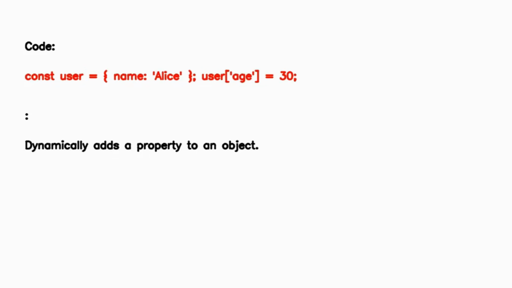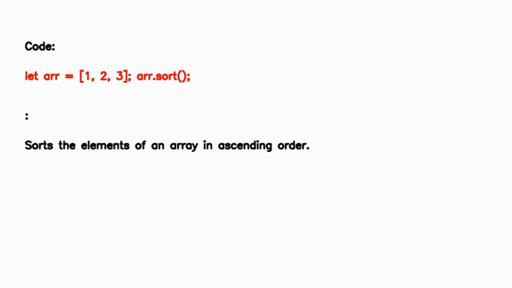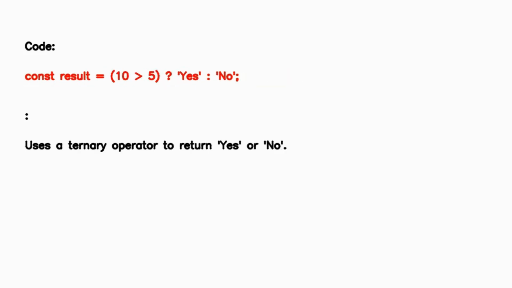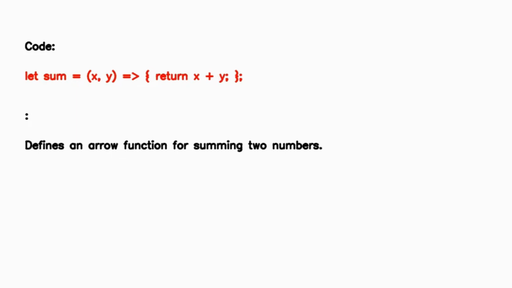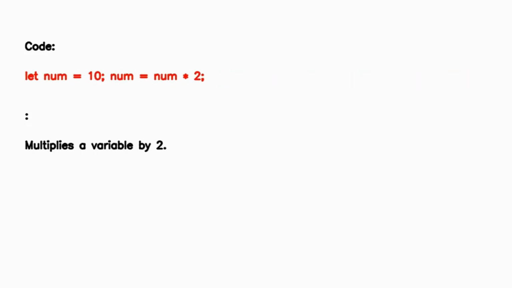an object, removes an element from the array starting from index 1, sorts the elements of an array in ascending order, tests if a string matches a regular expression, uses a ternary operator to return yes or no, defines an arrow function for summing 2 numbers, a function that returns a promise after a delay, multiplies a variable by 2,